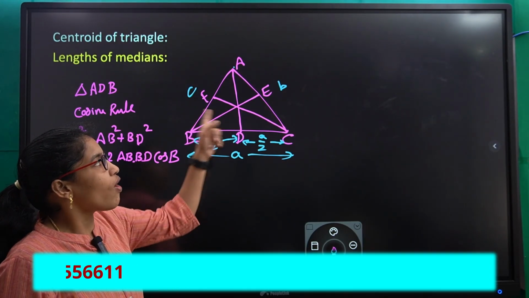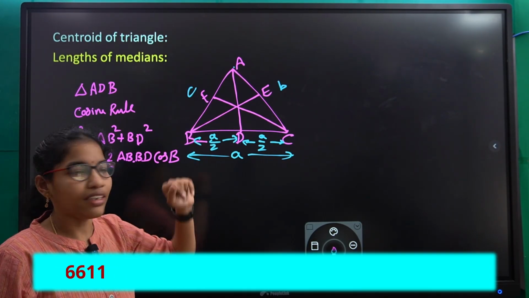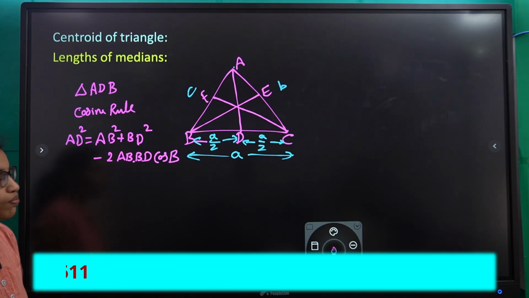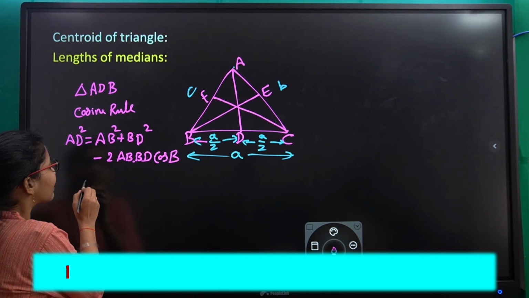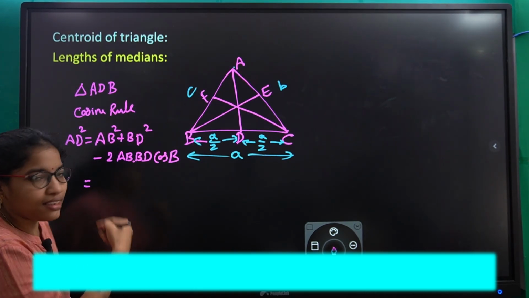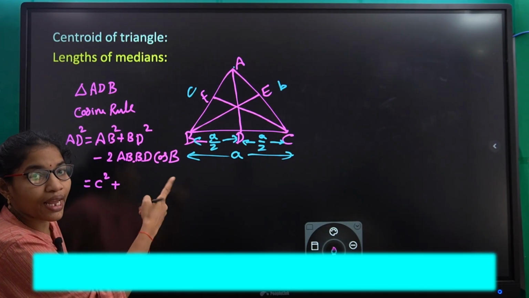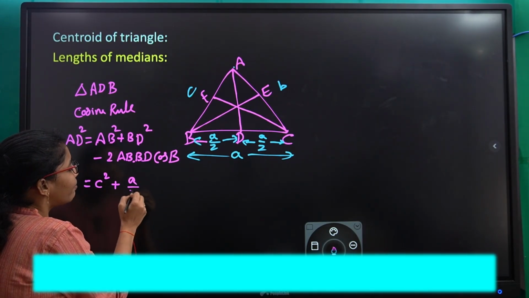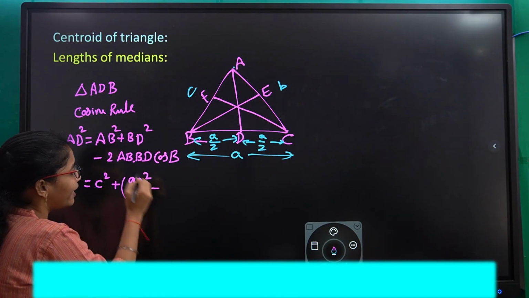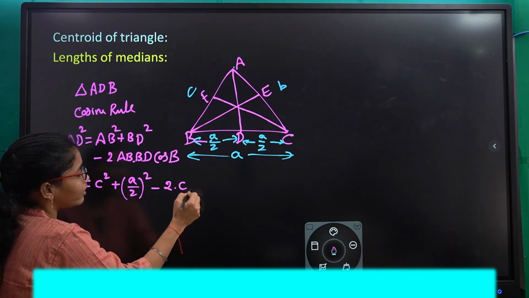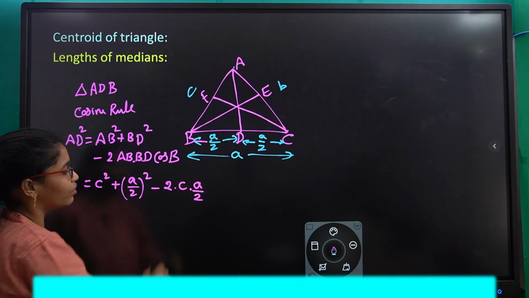Because B is the opposite angle to this AD, right? So that's why we have taken cos B here. Now substitute the values. What is AB? C square. What is BD? A by 2. So A by 2 whole square minus 2 into C into A by 2 into what is